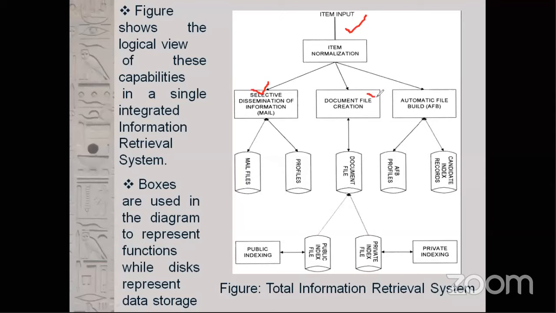Similarly, next is document file creation, then automatic file build. In this diagram, these rectangle boxes represent the functional aspects, whereas these symbols are representing the